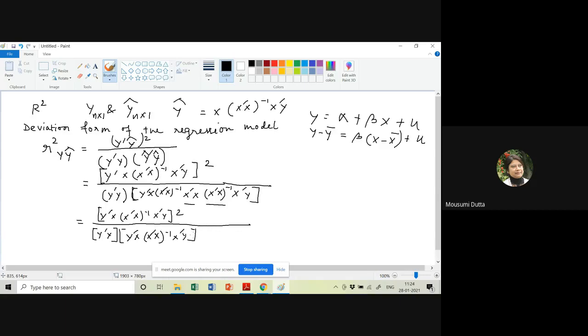Now, if you look at the numerator, it is y prime x, x prime x inverse, x prime y. So the second term in the denominator is identical to the term we have in the numerator. So this is equal to